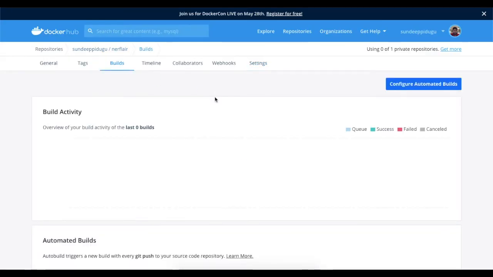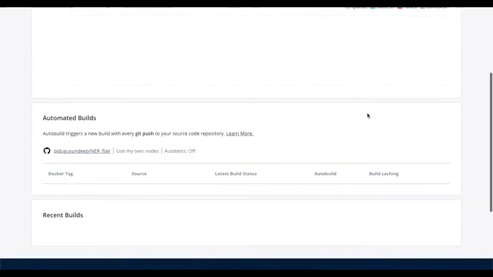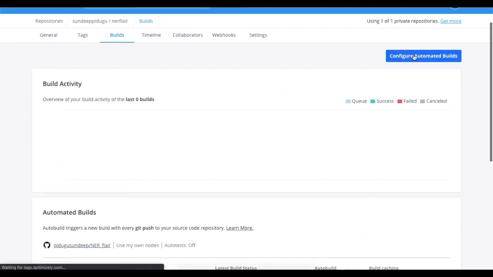So once it is done, you can go to your builds tab and check the builds which are currently running on this particular project. To configure a particular build or to create a new build, you can basically click on configure builds